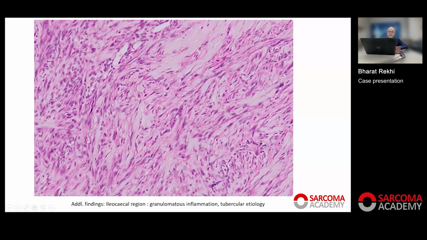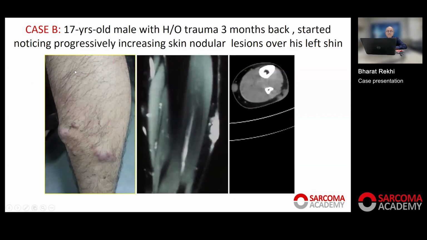In addition, the patient had a lesion in the ileocecal region, and that was granulomatous inflammation, which was of tubercular etiology. So there were lesions in the bones, and there was a granulomatous inflammation of tubercular etiology in the ileocecal region. And that's case number B that came to me from the Far East about a couple of years back